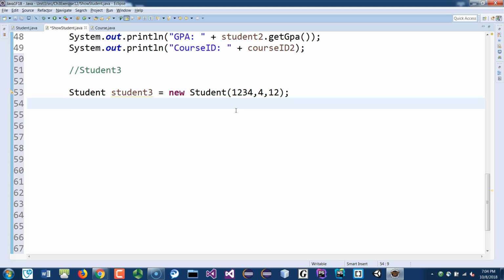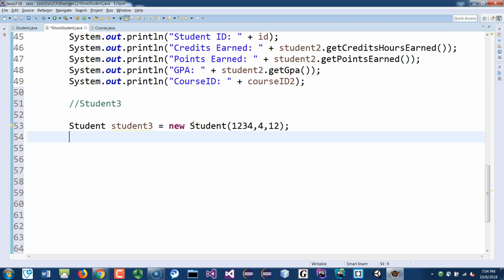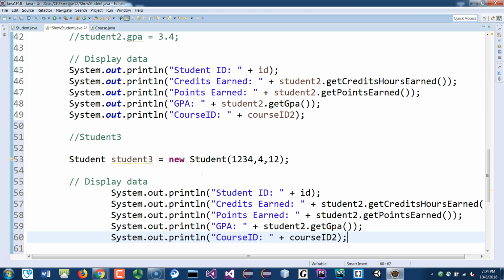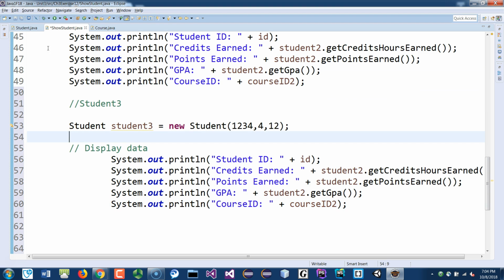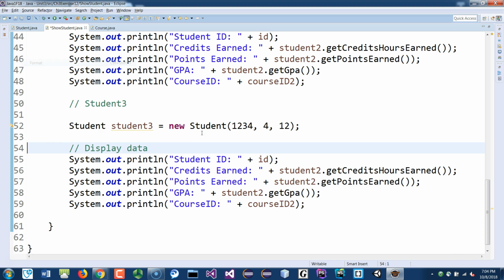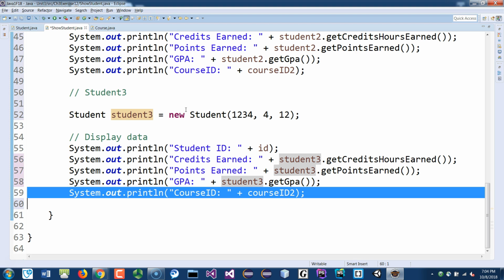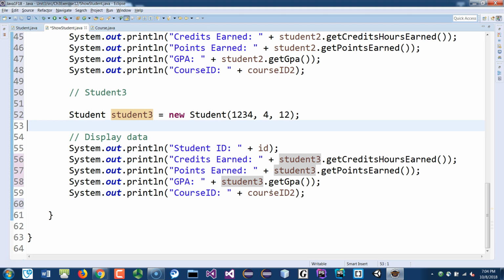So I skip all the setting stuff. I just need to get the data out. And then if I were to just copy this again and display them, let me format this. And this will be like student 3. The course ID here, I don't have it set. It'll be null. I'm using the second student ID. I'm going to change that to call a student 3